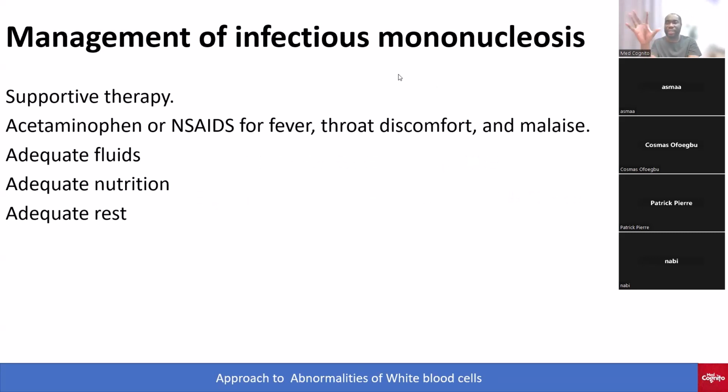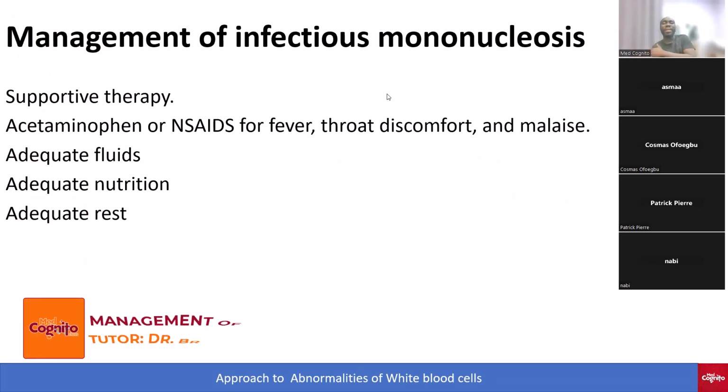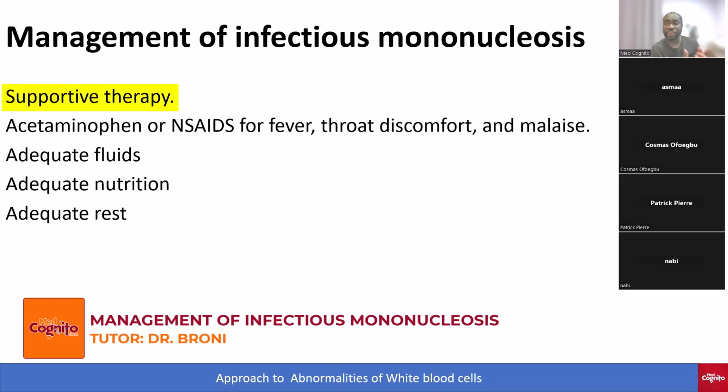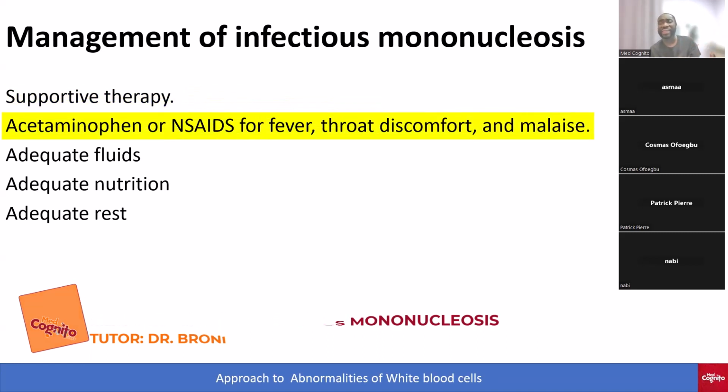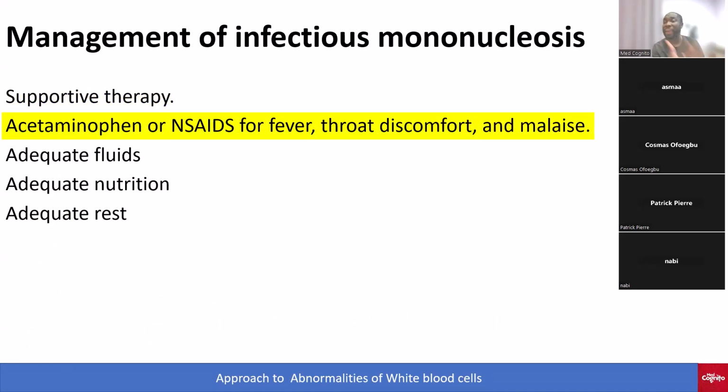So, management of infectious mononucleosis. How am I going to manage a patient with infectious mononucleosis? Number one, supportive therapy. What do we mean by supportive therapy? Acetaminophen or NSAID, since the patient has fever, sore throat, and malaise. Number two, you want to encourage